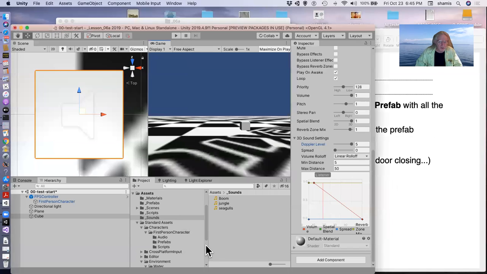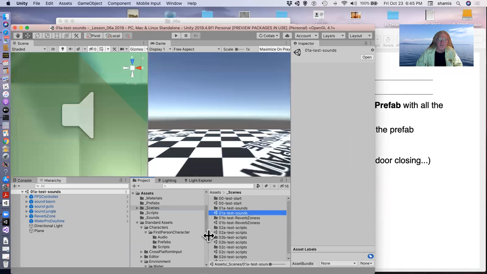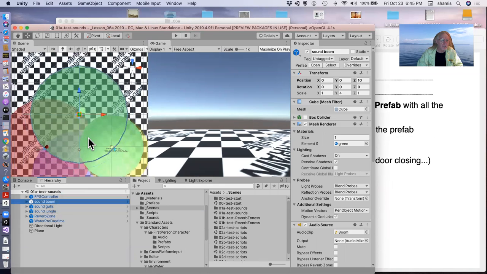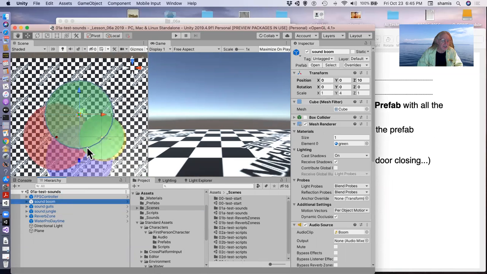Let me show you another scene here then. I'll save this scene and look at test sounds here. In this one, I have a couple of sounds, boom, gulls, and jungle. And just for visualization, I've put a circle around the sound that shows its range. I'm using linear fall off here. So outside that circle, we won't be able to hear the boom. Inside it, we will. And there is a region here where all of the sounds kind of overlap, boom, gulls,